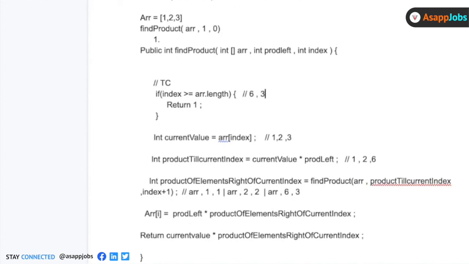So in this case, if it returns 1, it goes back. When it comes back, the value of product left was 2, and the value of the element returned on the right of the current index was 1. So 2 into 1. So the array at this position was set up as 2, so this got converted into 1, 2, and this got converted into the 2 here. Okay,